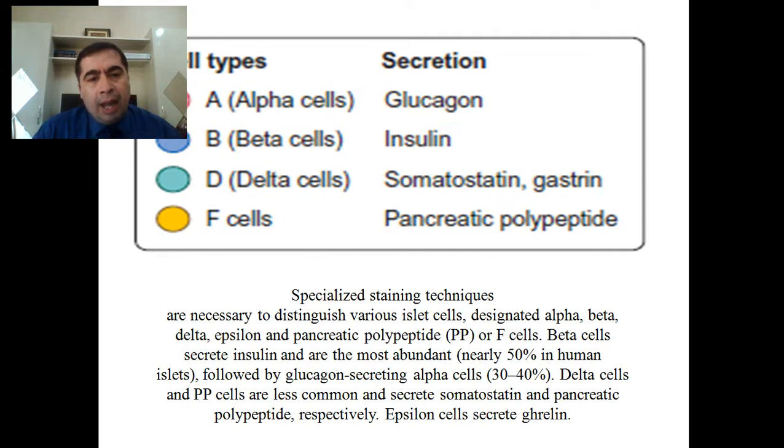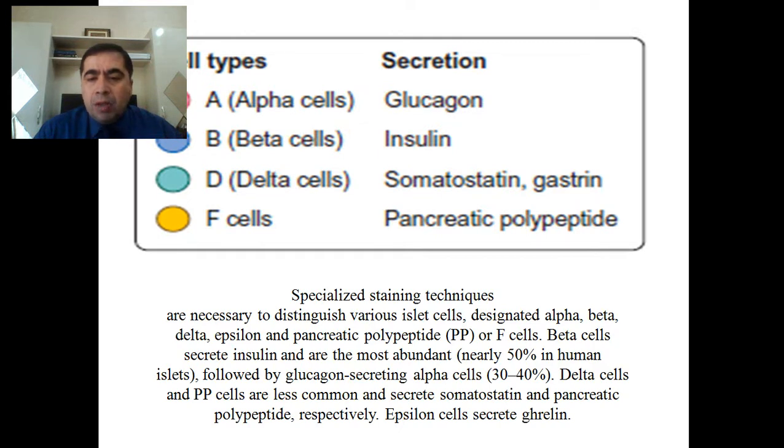But again the opposite process: when the organism needs more glucose, under the process of glycogenolysis, under the force of the glucagon, it enters into the blood. In this process, delta cells and F cells are less common and secrete somatostatin and pancreatic polypeptide